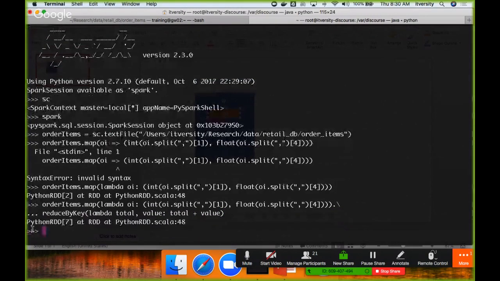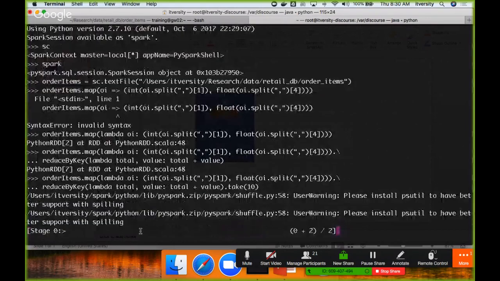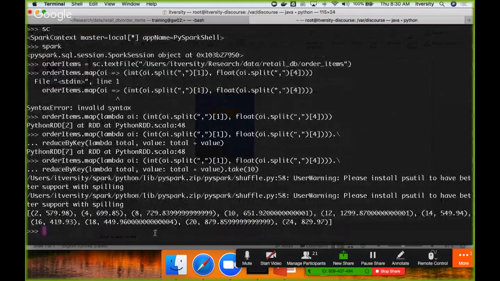lambda total, value: total plus value. Okay. Now if you want to see the output, you can say .take(10). Now you see the revenue for each order ID. Okay, if you want to print, you just have to say for i in, because Python doesn't have a foreach type of API. That's why you have to say for in, and then you can use this logic, and then colon, and then within the scope, by using indentation, you can say print i, and it will print the results one by one